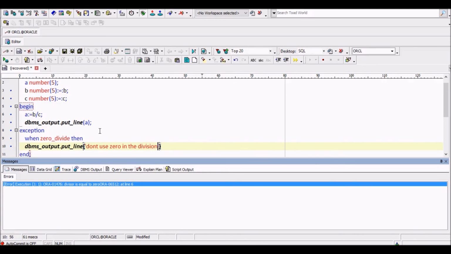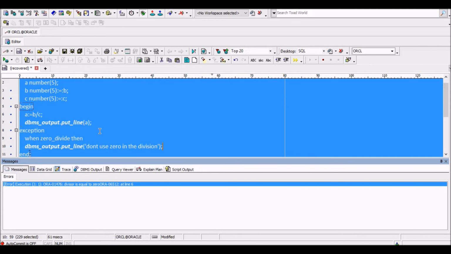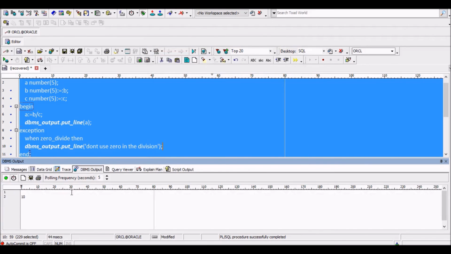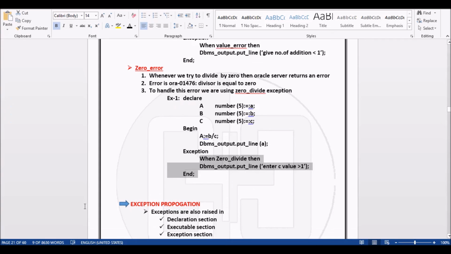Okay, let us check here. Okay, now it is executed. What it will show? So don't use 0 in the divisor. Okay, so this is about predefined exceptions.